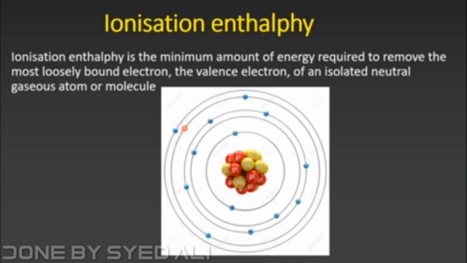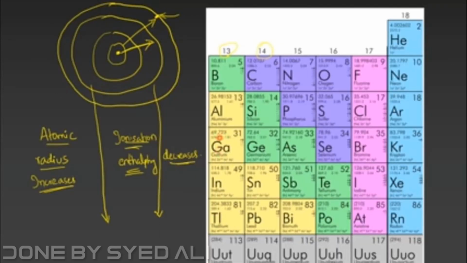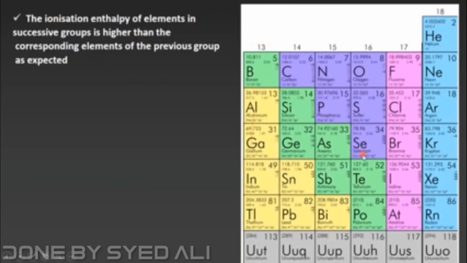Next, we are going to study ionization enthalpy. We have already learned that as we move down a group, generally there is a steady increase in ionization enthalpy of elements due to the increase in their atomic radius. You know very well about radius in a circle. Based on this, in p block elements there are some minor deviations to this general trend.